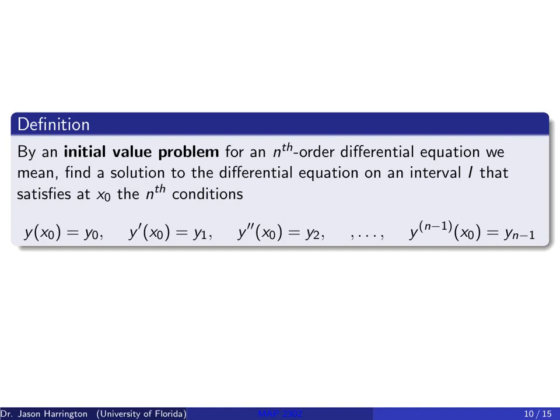By an initial value problem for an nth order differential equation, all we mean is that not only does it solve the differential equation, but it must also solve some initial conditions, like putting in the original point. If you put the point in for x, you should get y naught. If you put in x naught into the derivative, you should get y sub 1, and so forth. So now you just have to check, does it work for the differential equation, but also does it work for these points as well?